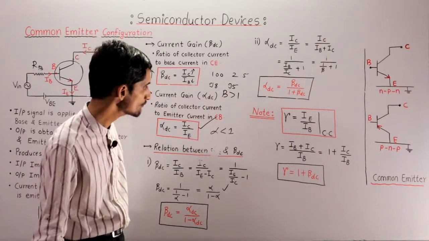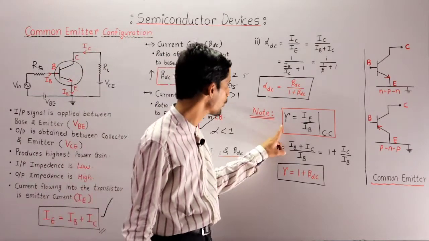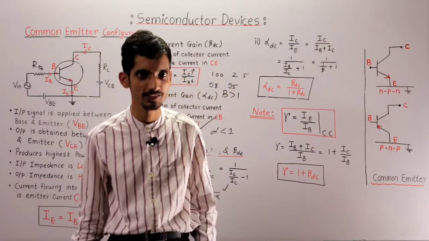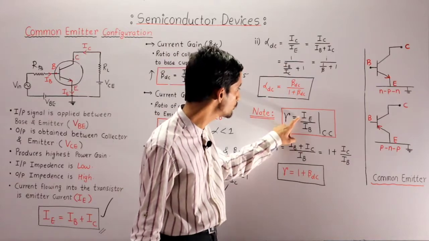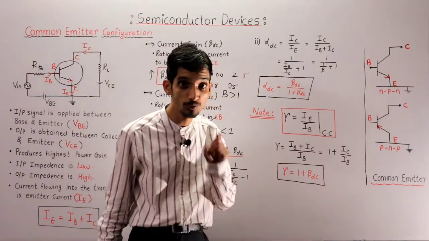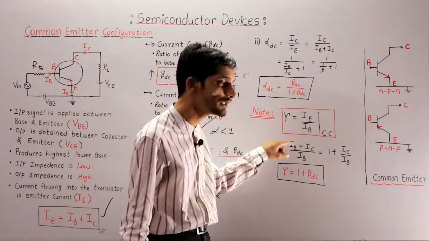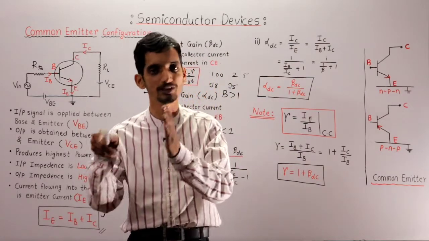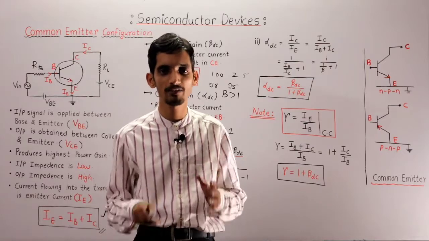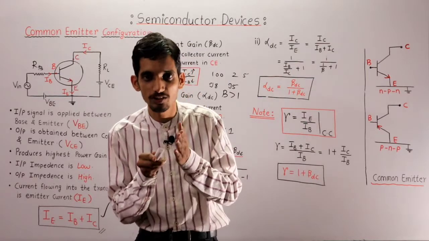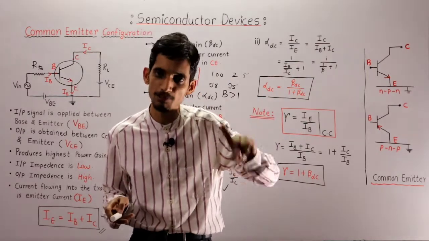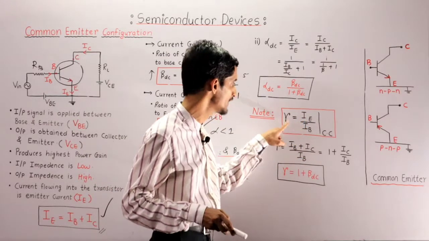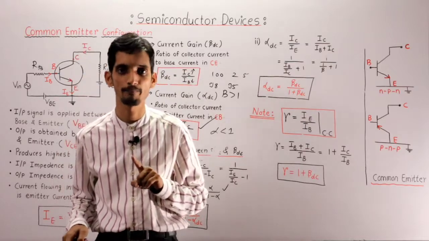Okay, yes. Now there is another important term, that is gamma, which is called the common collector current gain. We have discussed it, which is a ratio of output current to input current. Now listen how to write this formula. For common collector, collector is common, so definitely output current is either emitter current or base current. I already told you, base current is always taken as input current, so definitely the remaining current is emitter current. That's why output by input, emitter current upon base current, it is gamma in common collector.